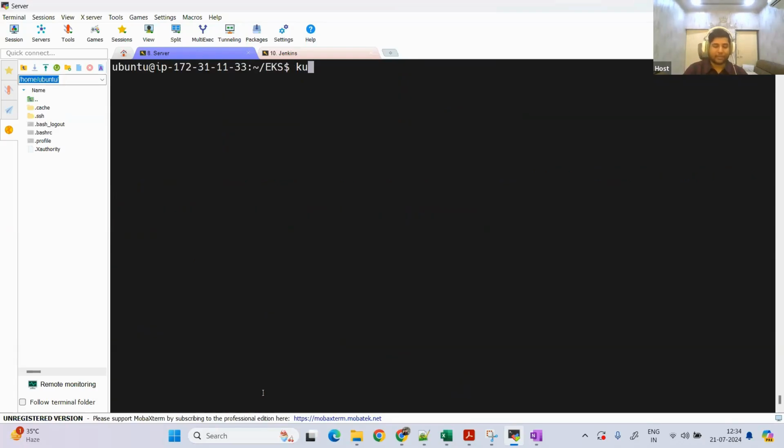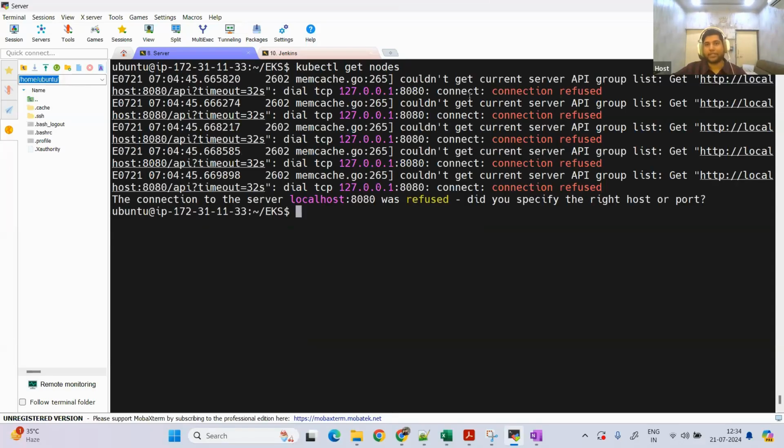So for example, let's say I want to run the command kubectl get nodes. I want to see how many worker nodes are created. Okay, so it's going to give an error, connection refused. That means we do not have the kubeconfig file. If you see this error, make sure that first of all you check if you have the kubeconfig file or not. In case of EKS, if you want to get the kubeconfig file,